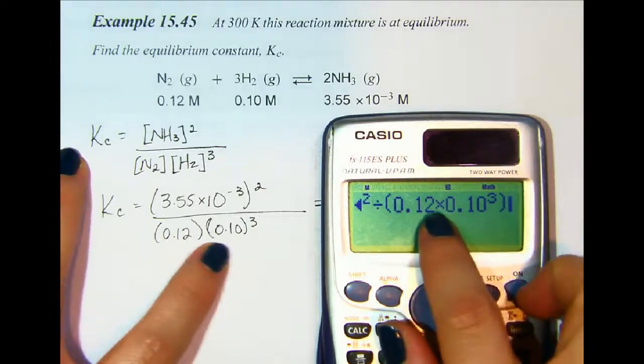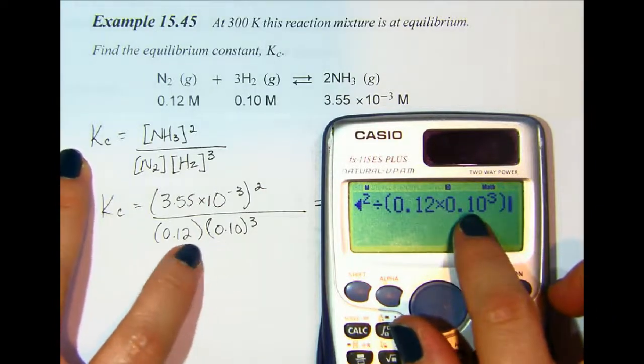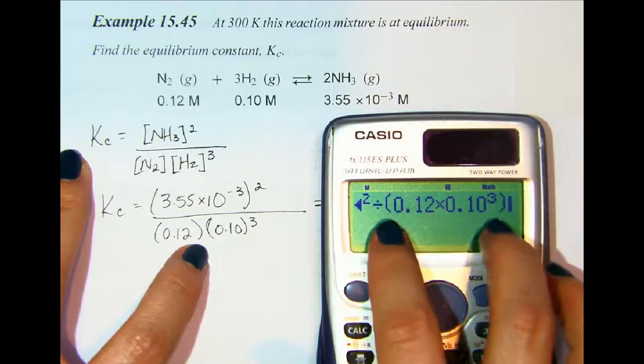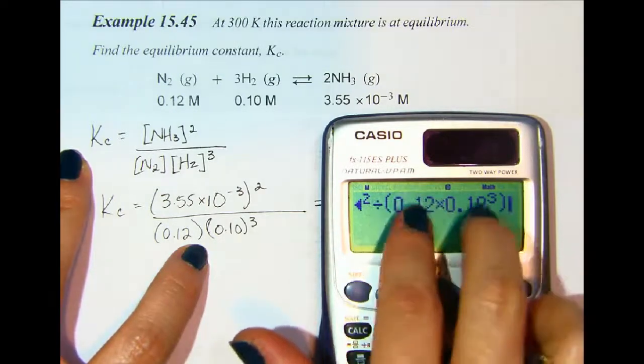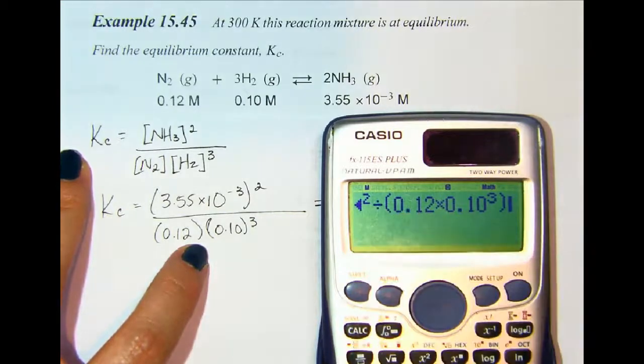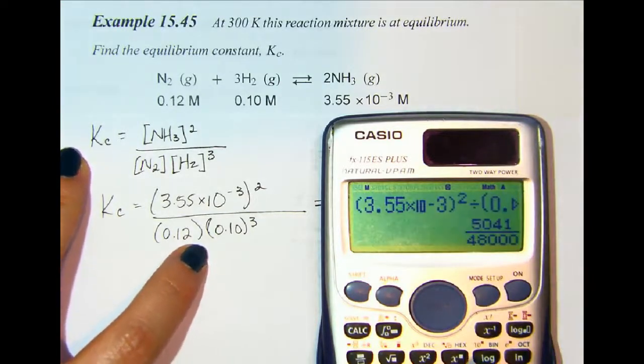Notice that both of these are in the denominator. They are being multiplied to each other, but they both need to be in parentheses because this first number is being divided by the product of these two. I'm going to hit equals, and we get